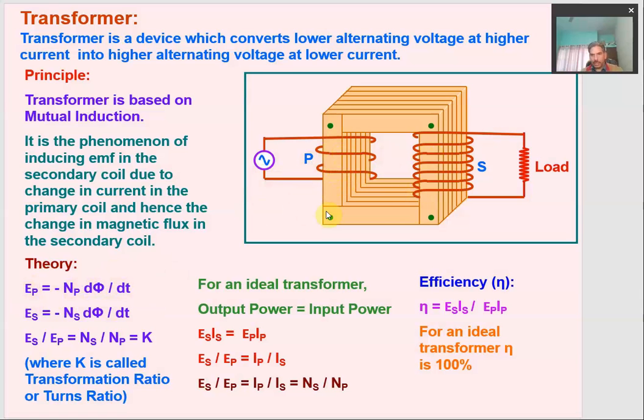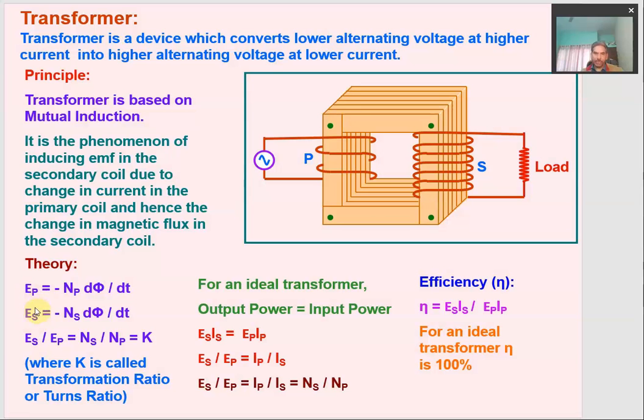And in the similar case, because the secondary coil is also facing the same change of flux, it is also lying in the same change of flux. So that means the EMF is also induced in the secondary coil, which we are actually interested in. So EMF induced in the secondary coil, according to Faraday law, we can also write the formula for it to be minus Ns into d phi upon dt, because the rate of change of flux is the same. It is the same flux which is changing across the primary and across the secondary coil. So these are nothing but the EMFs induced in the primary and the secondary coil.